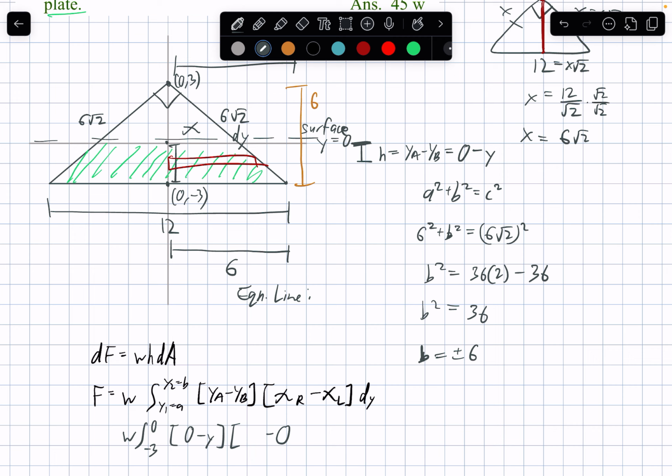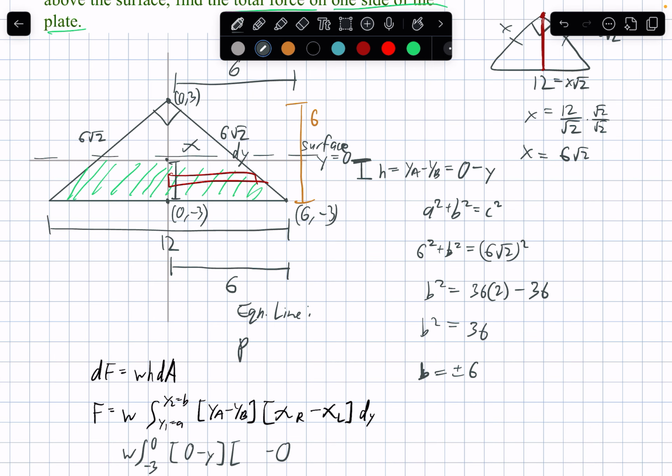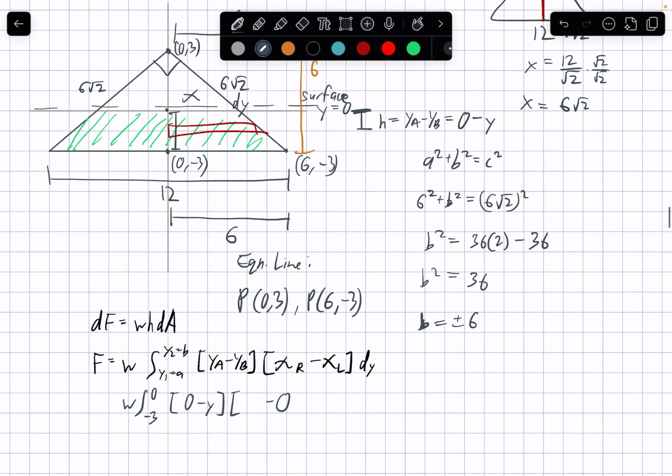The reason why I made the illustration measurable by 1 unit, so each box is 1 unit, is so it's easier to trace what this is. Coming from, okay, so 0, this is 6, right? So x is 6, and then below, same level as this, -3. So 6, -3. Using the points 0, 3, and 6, -3,